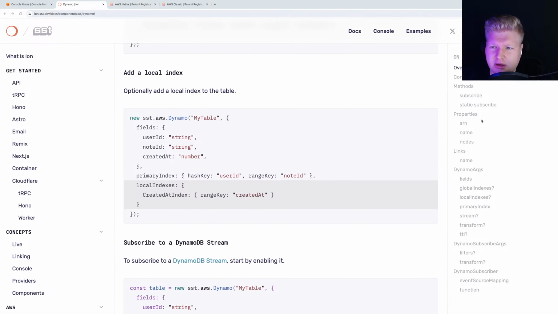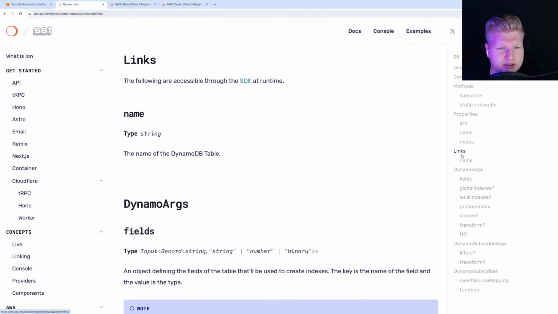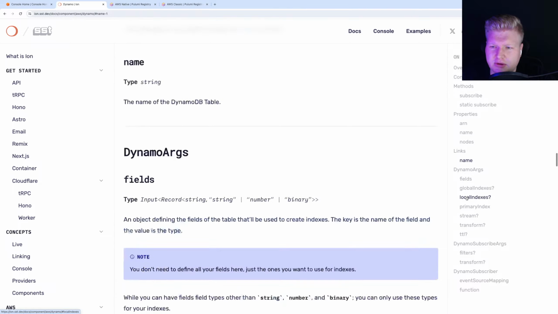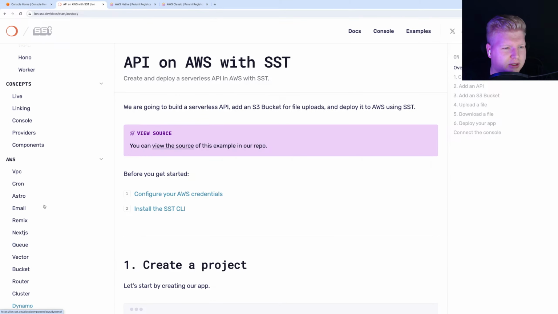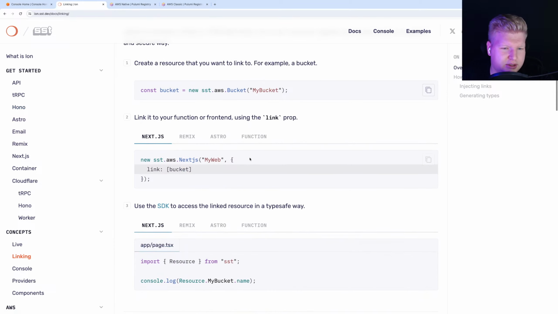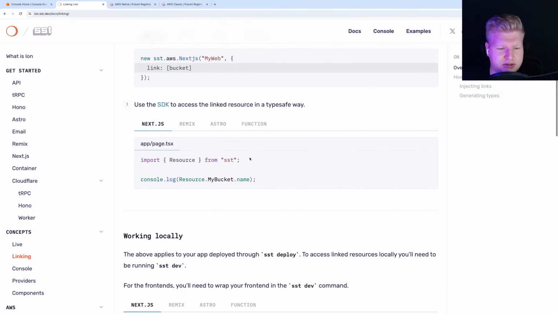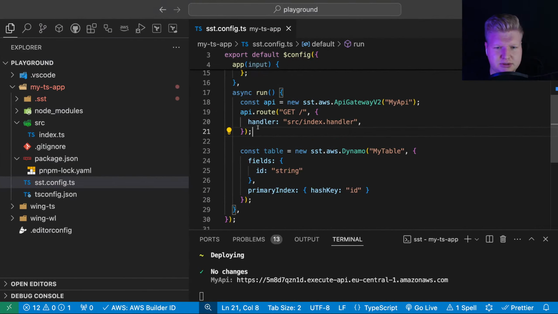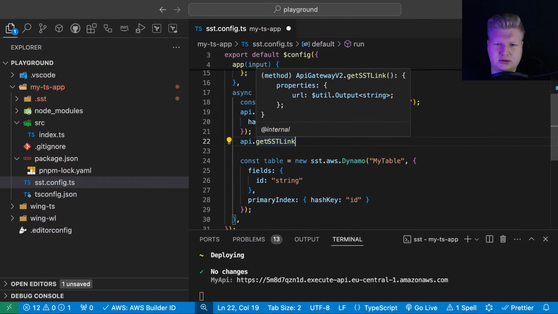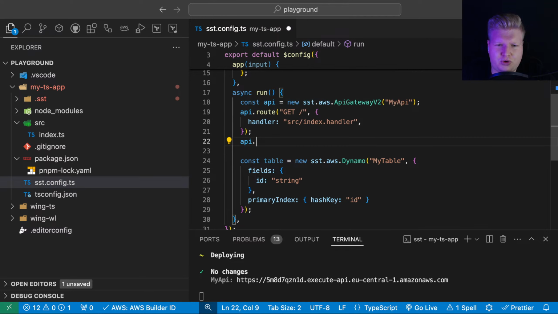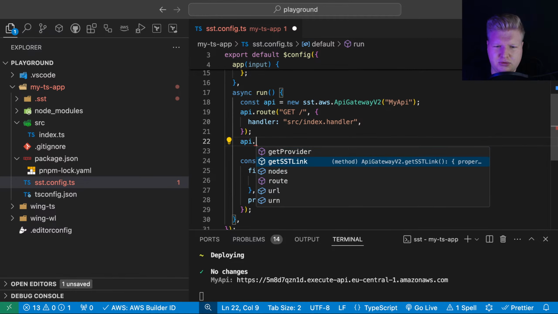And now I want to do links. Linking. Let's see here. Link. How do I API link? What's this? Cool. Nodes, route.